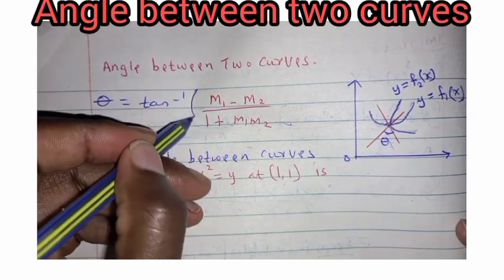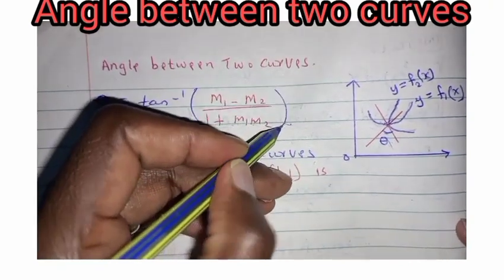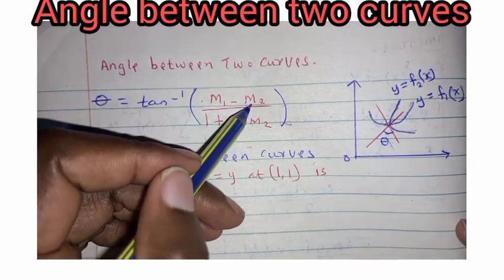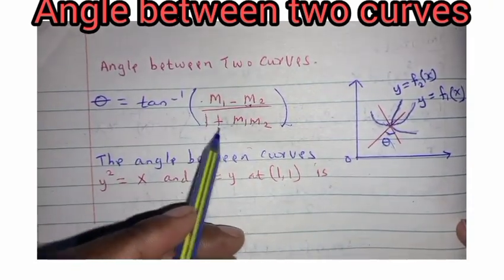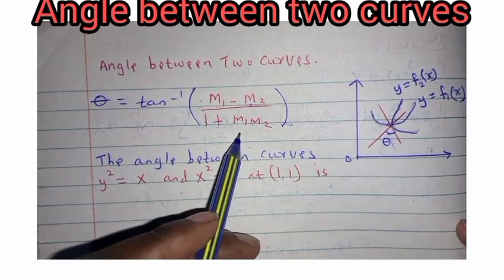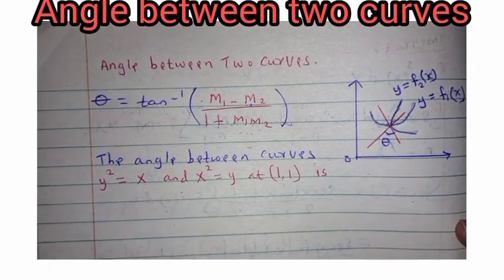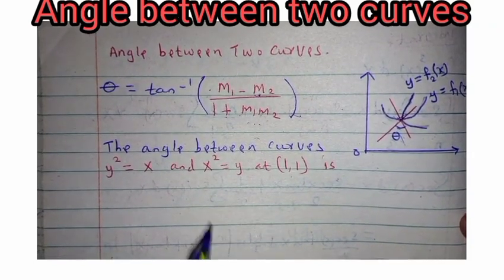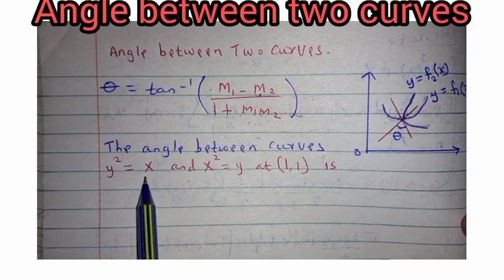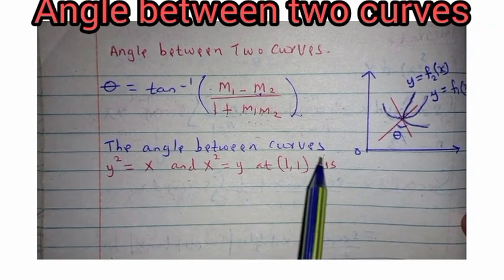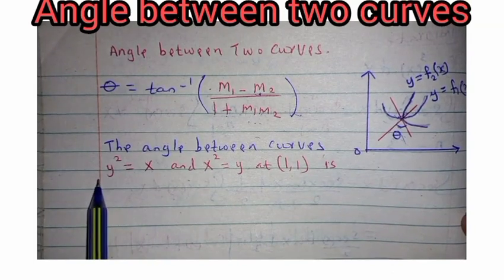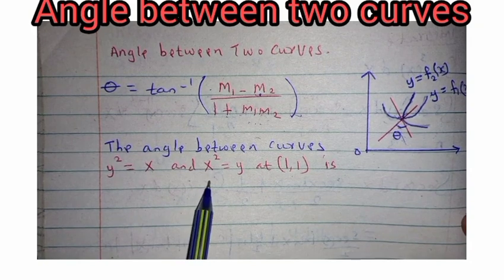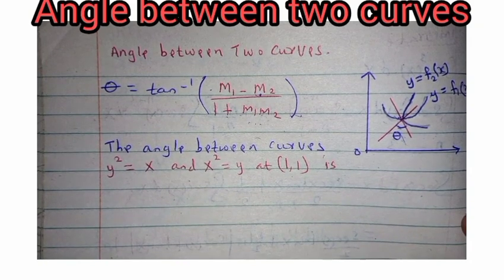Now, the angle between two curves is given by the tan inverse, whereby first of all, you get the gradient of curve 1, you subtract the gradient of curve 2, and you divide by 1 plus the product of the gradients of the two respective curves. Here, we are going to illustrate this using a simple example, whereby you are told to obtain the angle between two curves: one of the curves is y squared is equal to x, and the other one is x squared is equal to y, at point